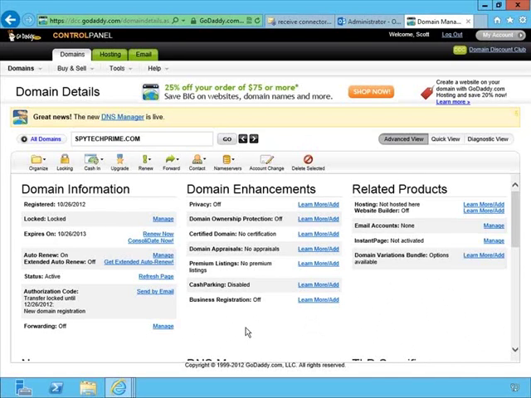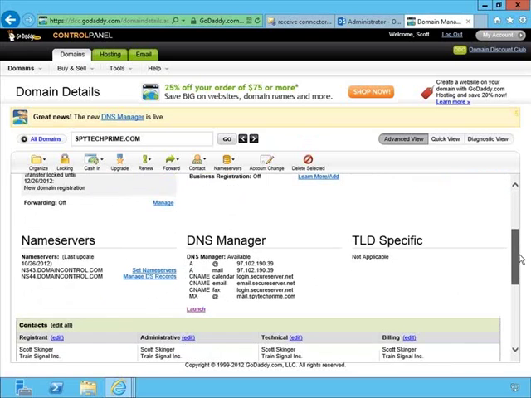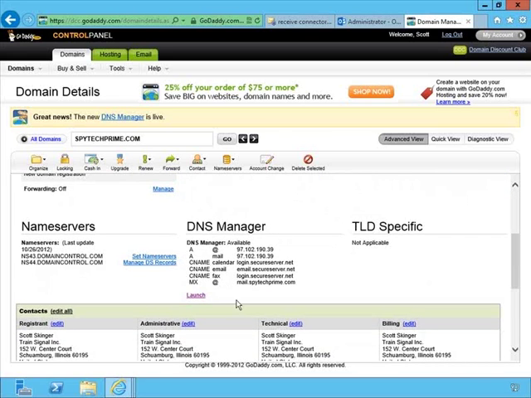Let's just take a look here at our DNS settings, because we need to make sure that email can come back our way. Sending email is one part of the game, the other part is making sure it can come back. So here we can see our GoDaddy control panel, and again, for everyone it's going to be a little bit different in terms of what you're going to see with your DNS settings, depending on how you handle them, whether or not you handle the DNS server or you have an ISP handle it. So in this case, if we just scroll down, we can see DNS Manager, we click Launch,